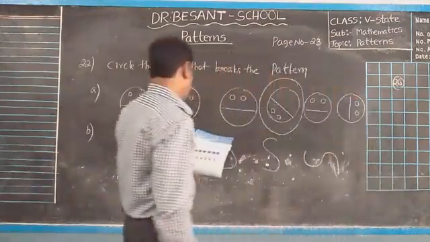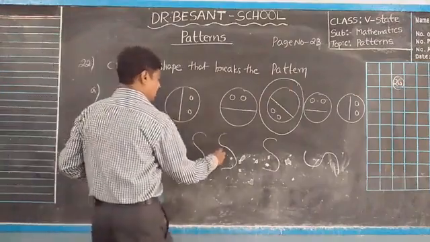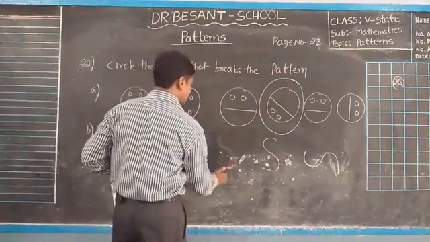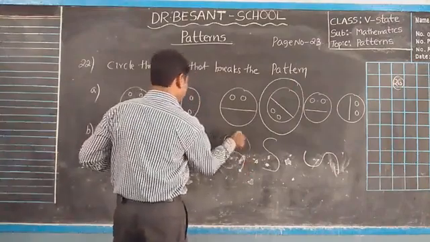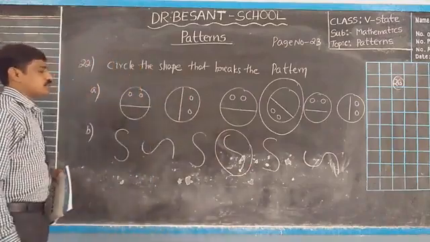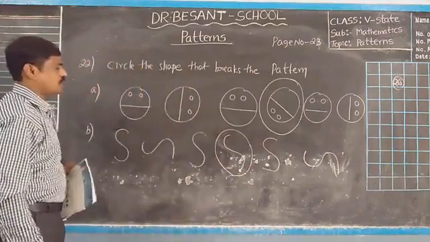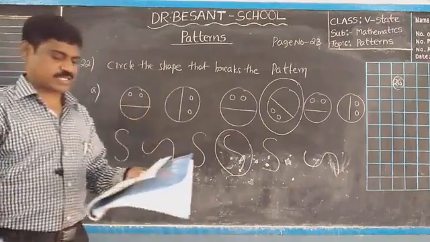See, 1, 2, 3. This is a little bit cross. So this one broke the rules. So 1, 2, 3, the fourth one you have to round up. Okay. Next